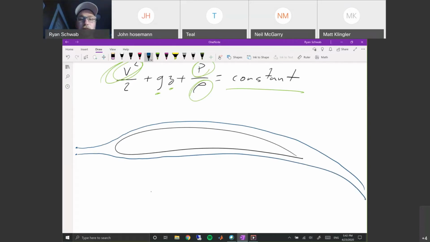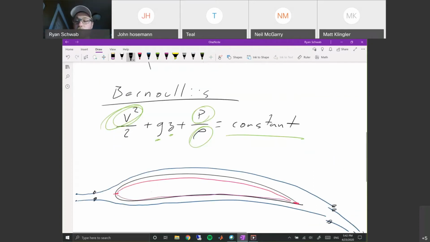So the idea behind Bernoulli's principle is that this distance along the top surface of the wing is a little bit longer than this distance down here on the bottom of the wing. And the whole idea is that these two air particles would separate here on the leading edge, and then come back together on the trailing edge. So the particle on top is moving a longer distance than the particle on bottom, but they're getting to the same point at the same time, meaning that the particle on top is moving faster. Now, before I continue, remember, this is not the correct way to look at these airfoils,